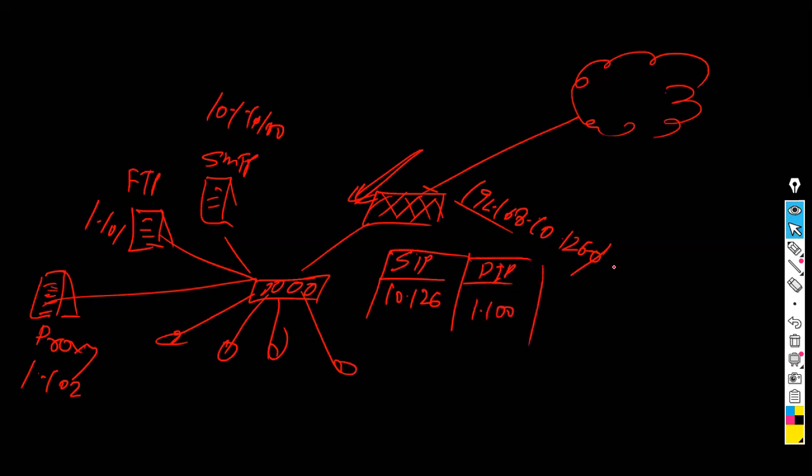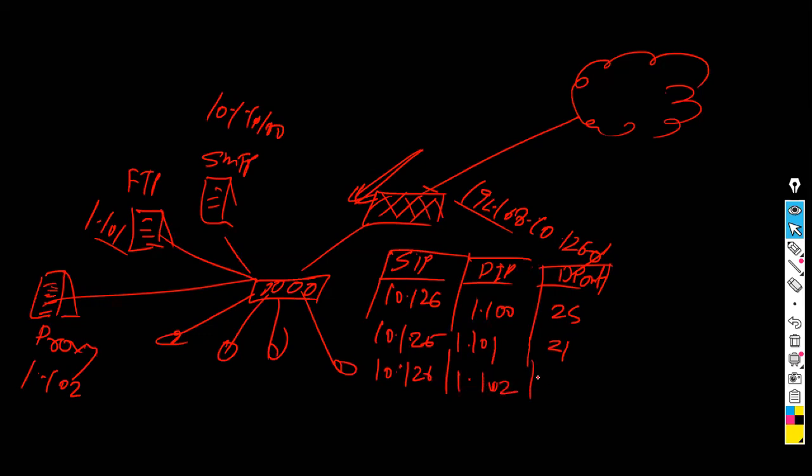1.100। okay, then I will have a port, let's say I will define a port number, SMTP है तो मैंने port number define कर दिया, let's say 25। destination port 25। okay, now 10.1.126 ये 101, 10.101 1.101 कहाँ पर जाना चाहिए, FTP सर्वर 21। ओके, 10.126 एक ही पब्लिक आईपी एड्रेस है, बट माय डेस्टिनेशंस आर मेनी, 1.102 पोर्ट नंबर प्रॉक्सी विच इज 80। सो अब मैं यहाँ से एक्सेस करना चाह रहा हूँ, यहाँ से यदि मैं एक्सेस करता हूँ मेरे FTP को, तो मैं क्या करूंगा, I will just access this IP address